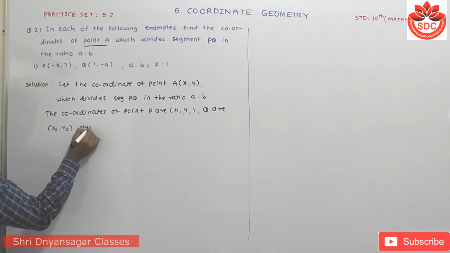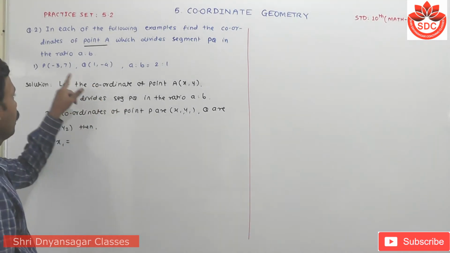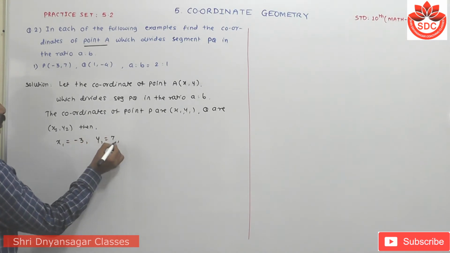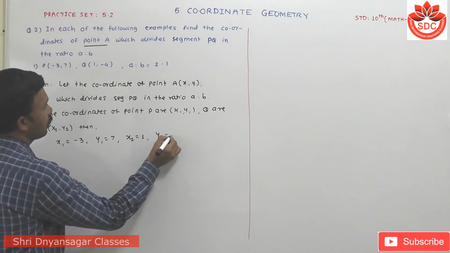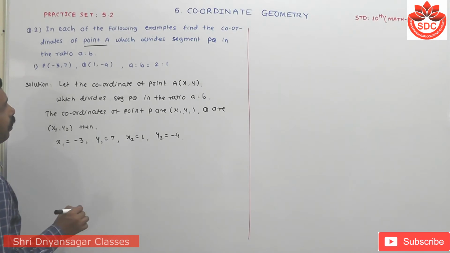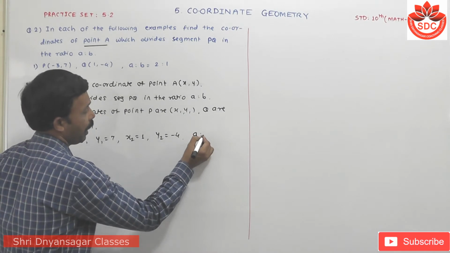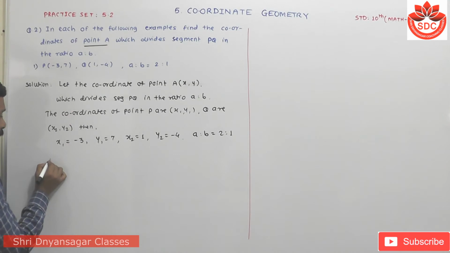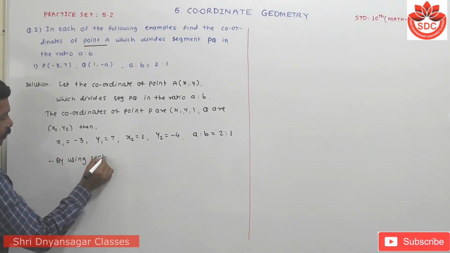Then by comparing, x1 is equal to -3, y1 is equal to 7, x2 is equal to 1, y2 is equal to -4. Here point A divides the segment PQ in the ratio a to b, in that a to b is equal to 2 to 1. Therefore, by using the section formula,